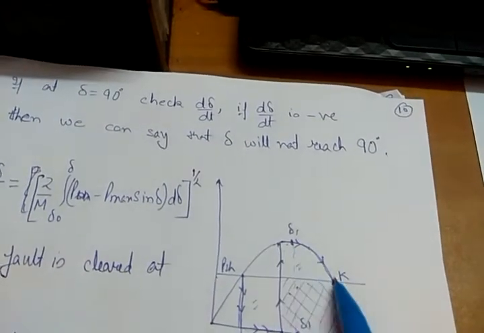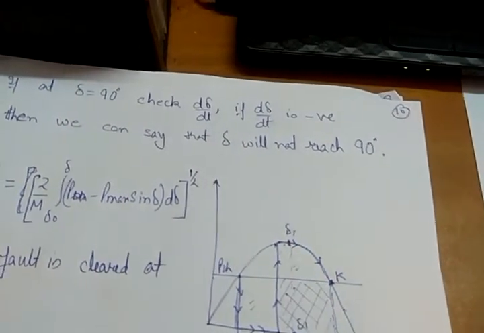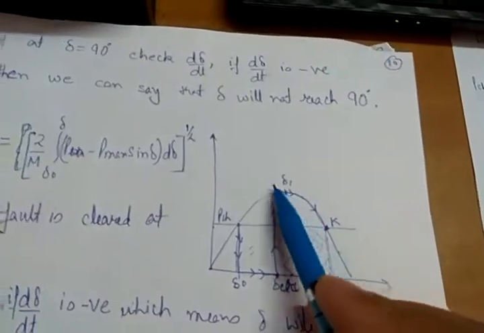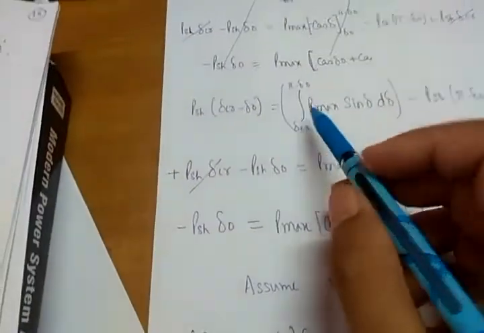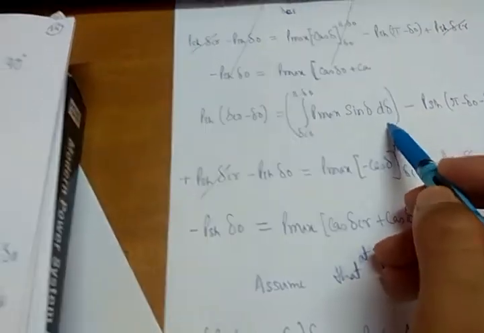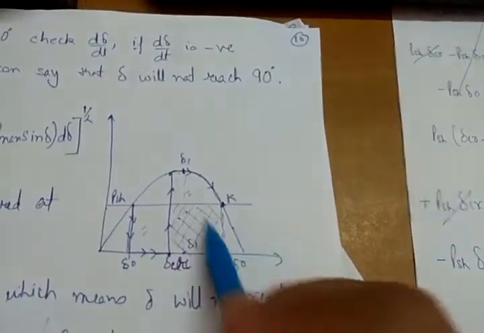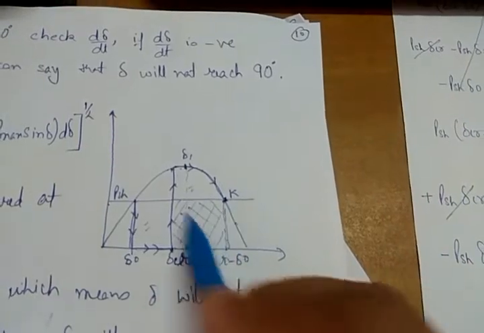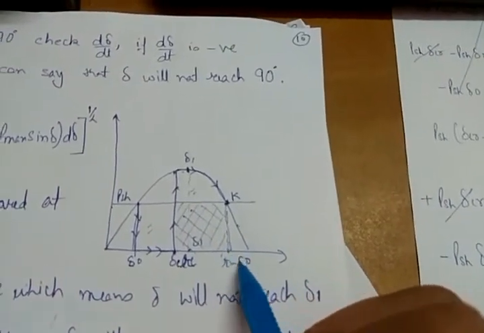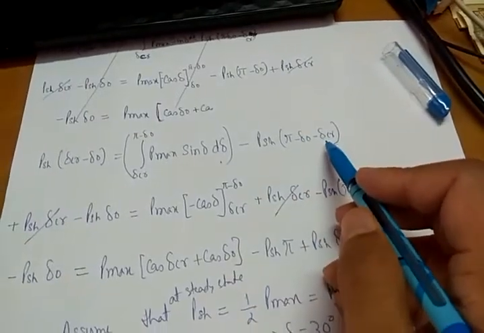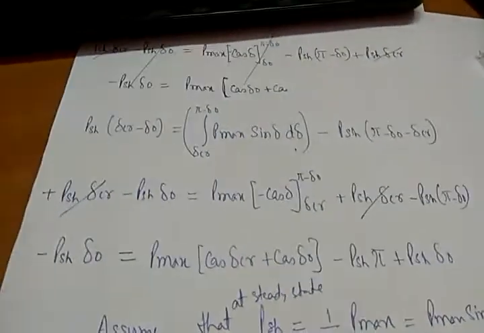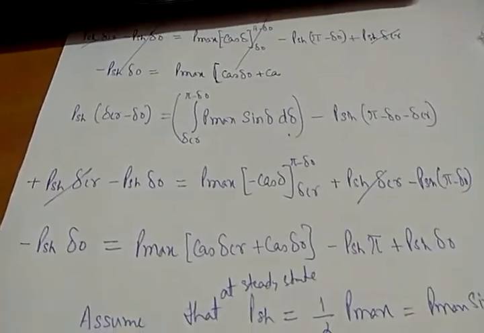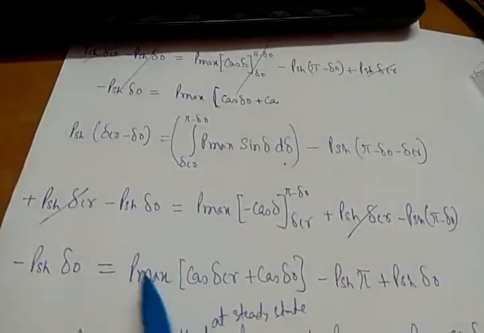It is nothing but the area under this sine curve, which is the integral from delta CR to pi minus delta naught of P max sine delta d delta. This is the area under the whole curve minus this area, and this area is nothing but P shaft into pi minus delta naught minus delta CR. If you simplify these things, you should still know the relation between P max